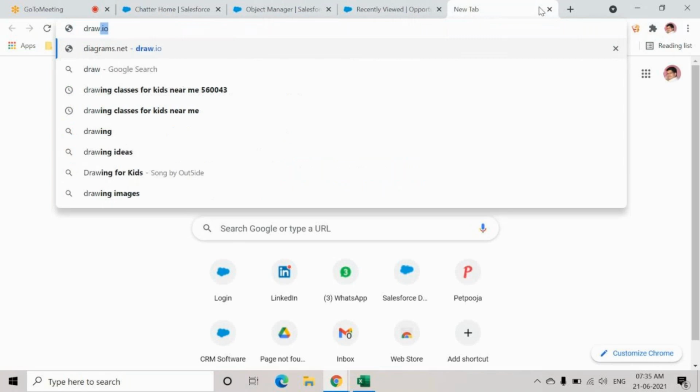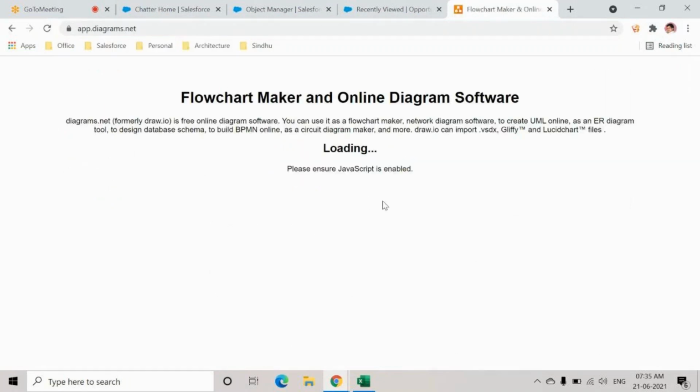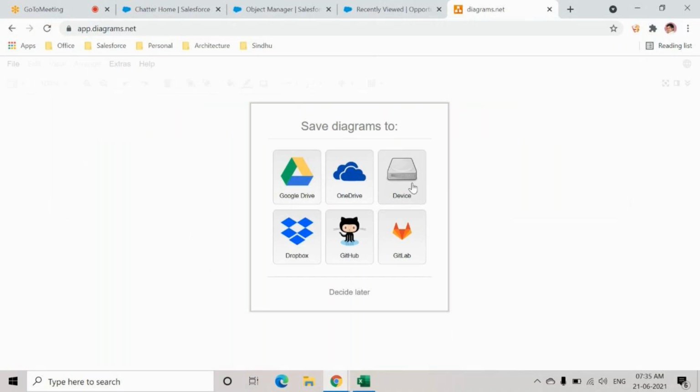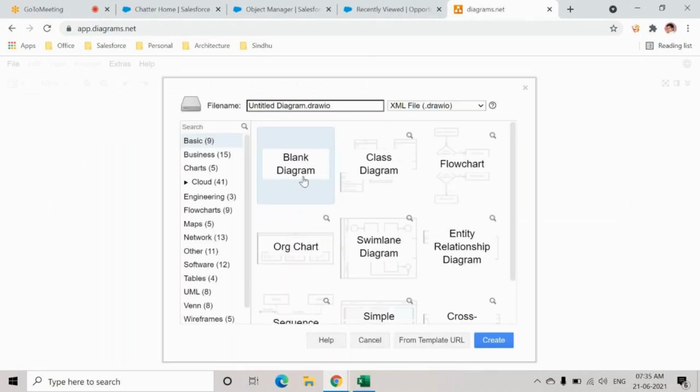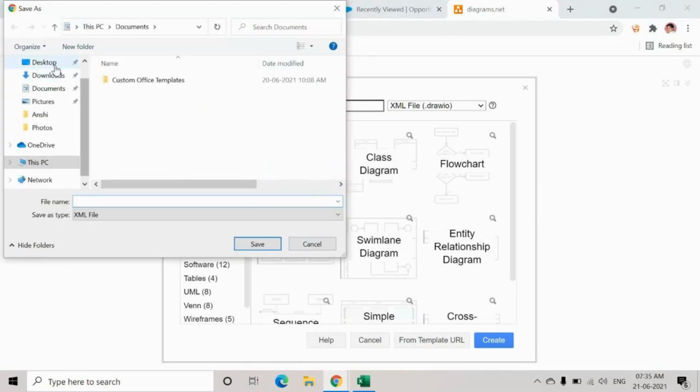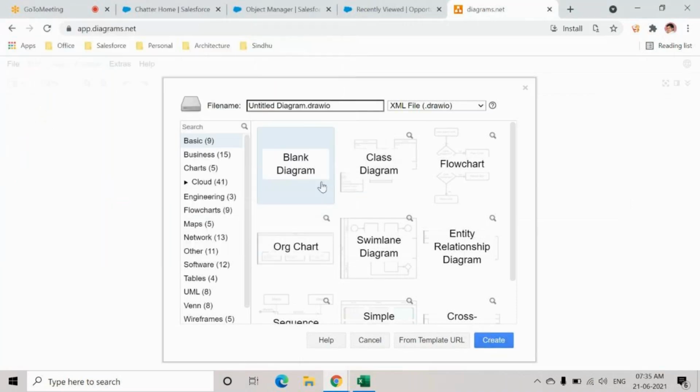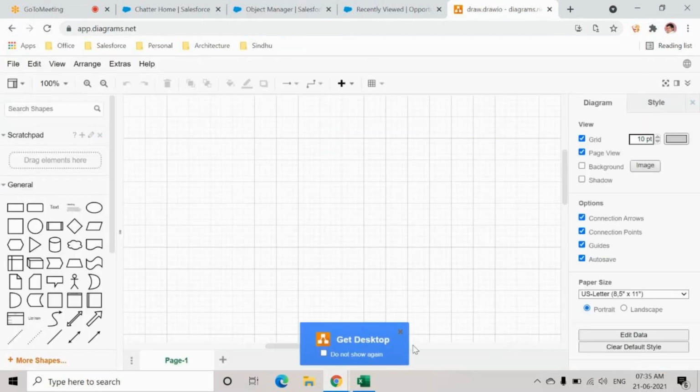So I'll just go with one website called draw.io. This is one website we prefer when you want to do quick diagrams.